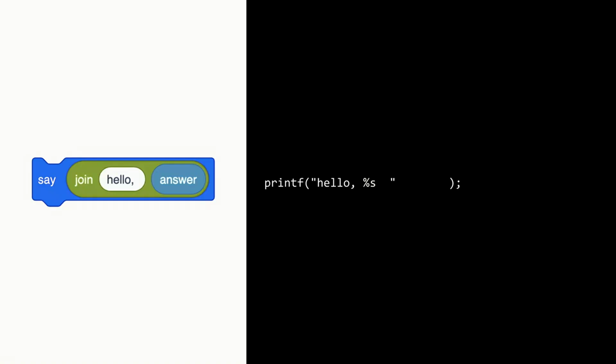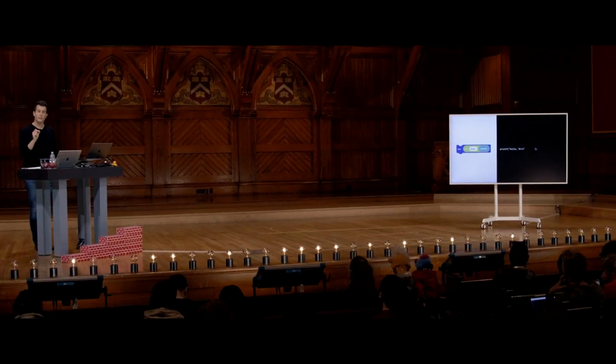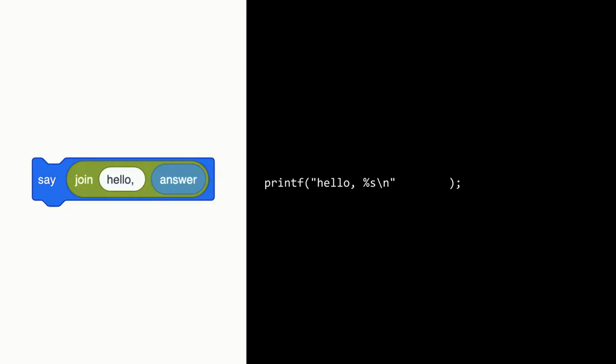All right, so what else do I still need? Well, this is still some text. So I'm still going to surround the whole thing with double quotes. I'm still going to include my \n just to keep things tidy and move the cursor to the next line. So the last step here in C is to somehow join the answer with that word hello. And the way you do this is with printf, passing it not one argument, which is what I keep doing. I keep passing it one string of text, quote unquote. I'm going to now add a comma and then the name of the value that I want printf to go back and plug into